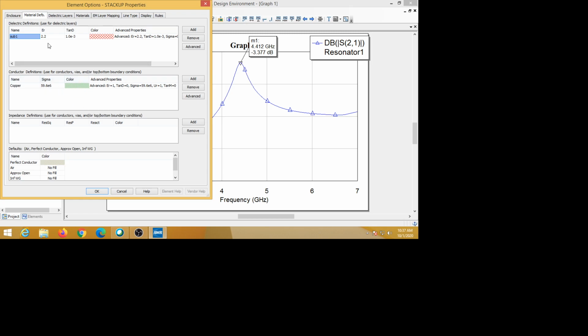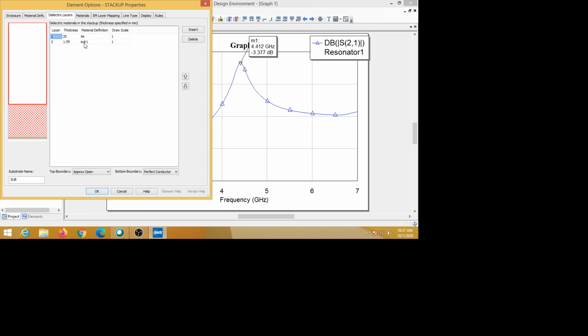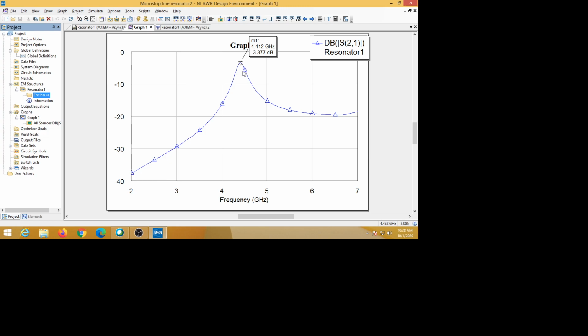For this material with a dielectric constant of 2.2 and tan delta equal to 0.001, and a substrate thickness of 1.59, we got a resonance at 4.412 gigahertz.